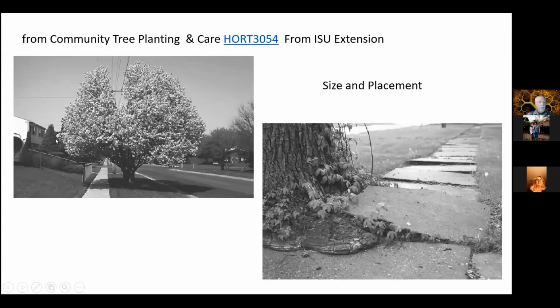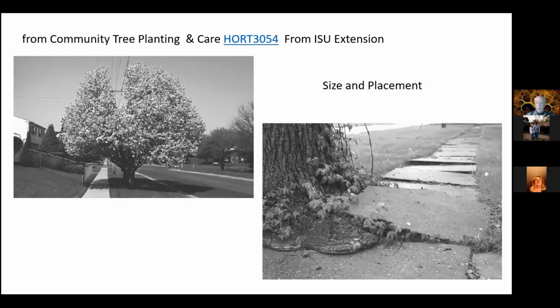I'm looking in the background over here. There's an evergreen in front of this 2-story house. It looks like it's far enough away. Recognize, though, that it's maybe only half or a third of its mature height, so it's probably going to get twice that wide. That may still be far enough away, but especially with a conifer, an evergreen, think about how broad that base is going to be, and is it going to interfere with a sidewalk or a driveway